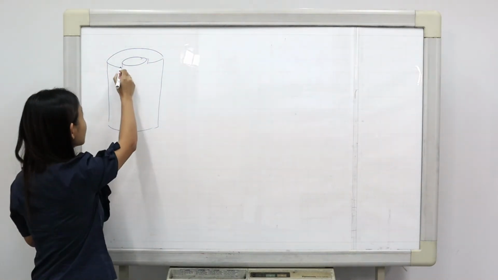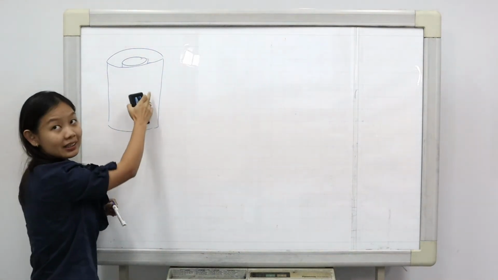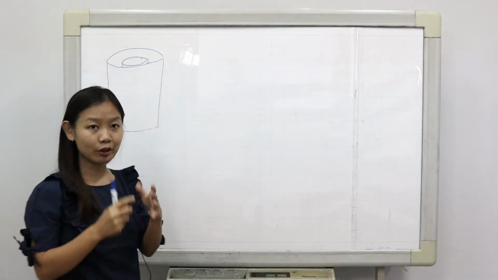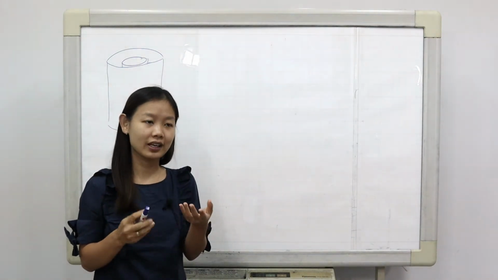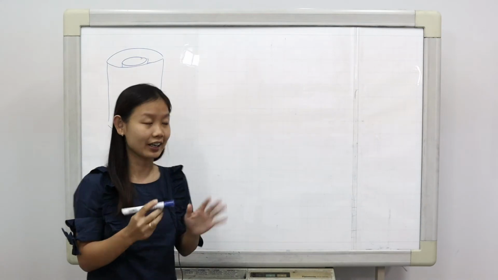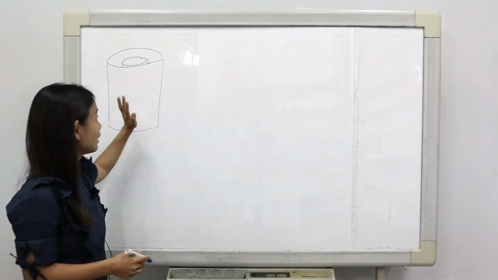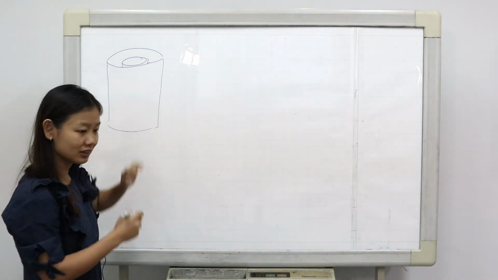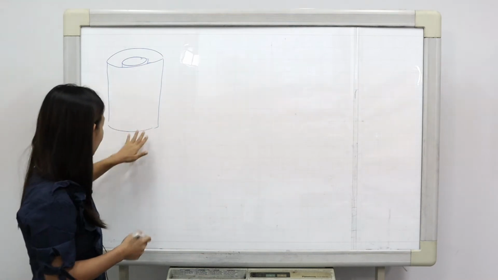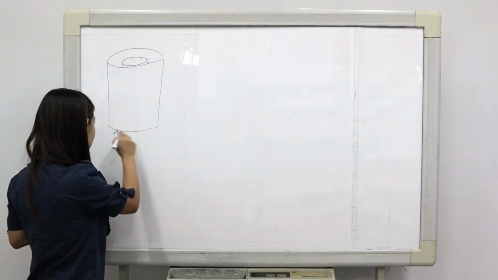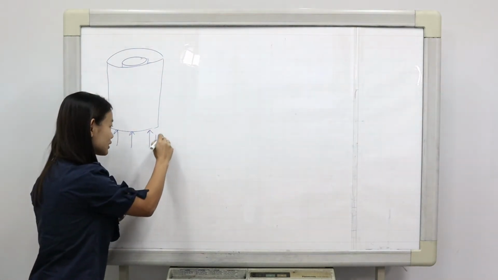So you have a small pipe inside a bigger pipe, but both pipes are concentric. What is concentric? Concentric means they have the same center, here. So this is the annulus, and inside this annulus we will have a Newtonian fluid flowing from here upwards. So the flow is upwards,